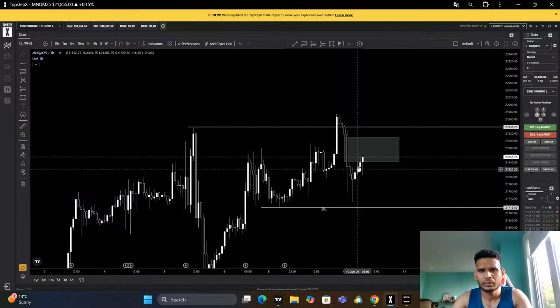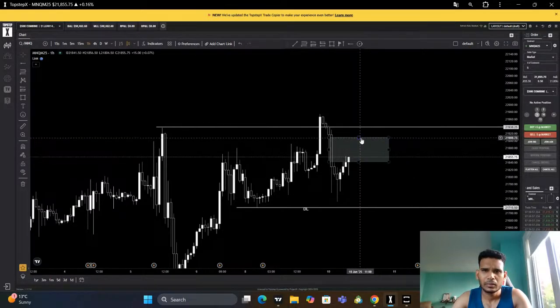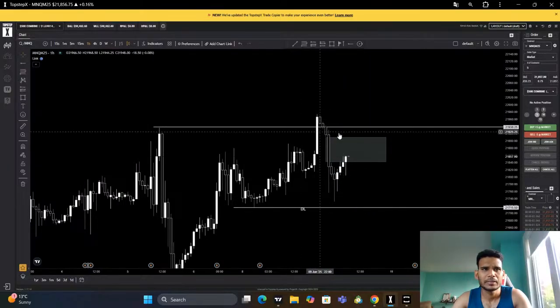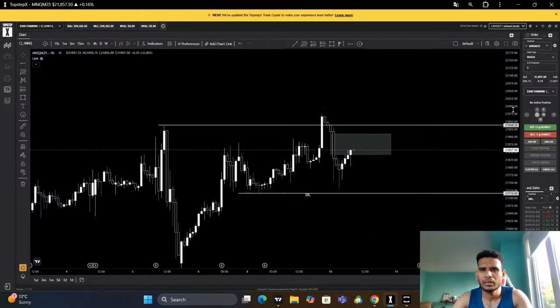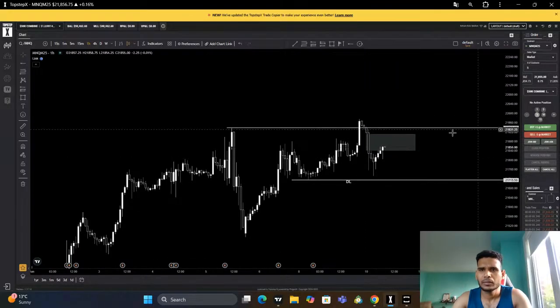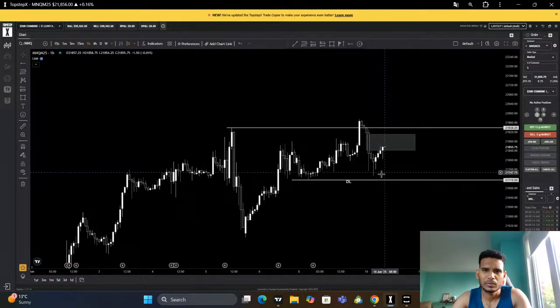It goes all the way up inside this. So inside this range, I can look for selling. Let's see what happens inside this range in lower time frame, or else it's going to be a trap and just keep on going higher. Two things: liquidity has been taken, and a big fair value gap got ran through. Leave this survey. So inside this, you can look for some sort of target.